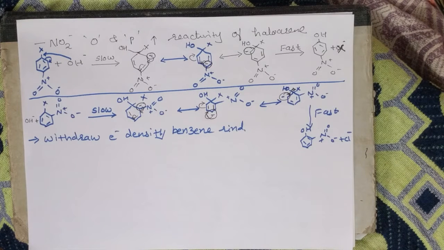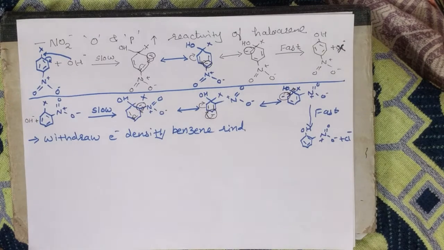So this negative charge appears only on the ortho and para positions, stabilized by the NO2 group, while in the case of meta-nitrobenzene, at the meta position no resonating structure bears the negative charge on the carbon atom in the presence of the NO2 group. That's why the meta position does not stabilize the negative charge, and so no effect is observed.